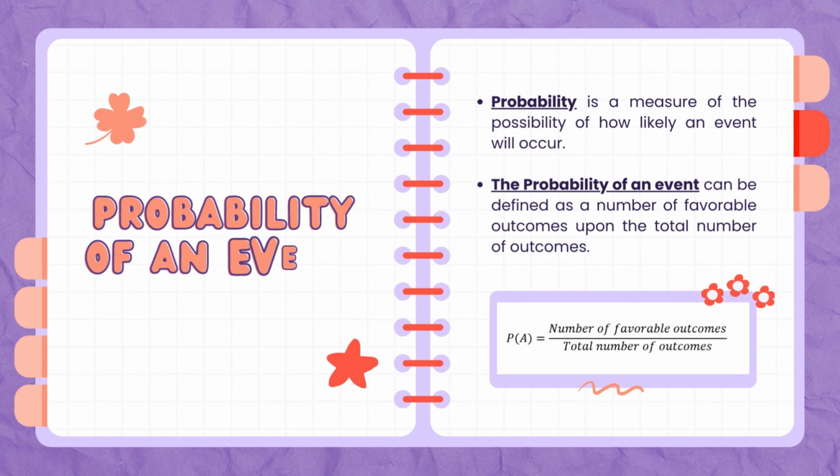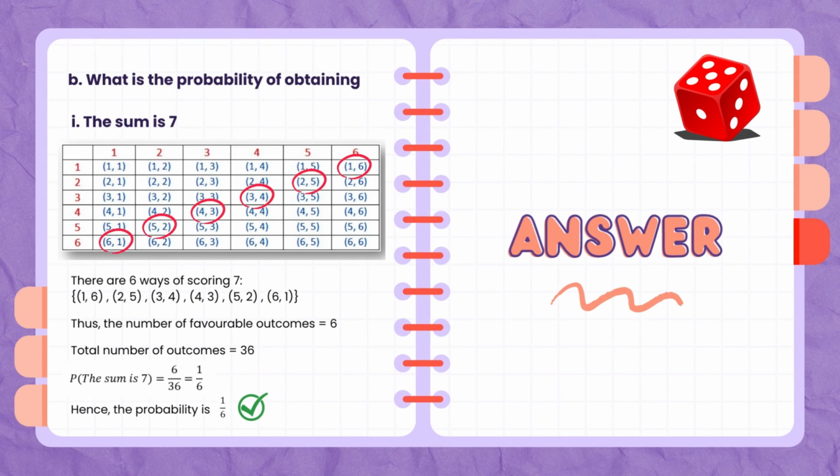Next, before answering the second question, I will explain about the probability of an event. Probability is a measure of how likely an event is to occur, while the probability of an event can be defined as the number of favorable outcomes over the total number of outcomes, as in the following formula. For the second question, what is the probability of obtaining: